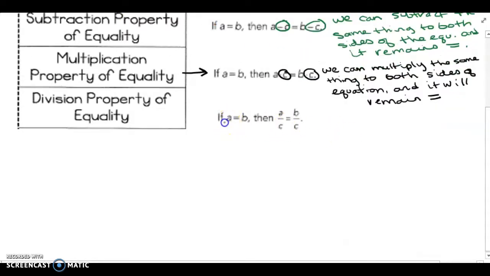All right, last, the division property of equality, if A equals B, then A divided by C equals